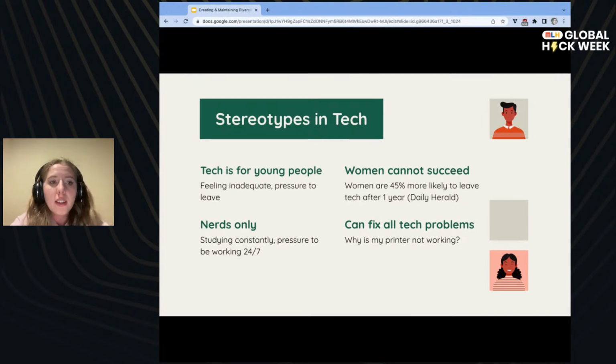The reality is that you really don't. And then this one I added a little bit for fun, but the stereotype is also that every person in tech can fix all of your tech problems. I'm sure that plenty of you have gotten the "why is my printer not working" from a family friend or parent or a cousin or anyone else, or some other variation of, "Hey, help me fix this because I don't